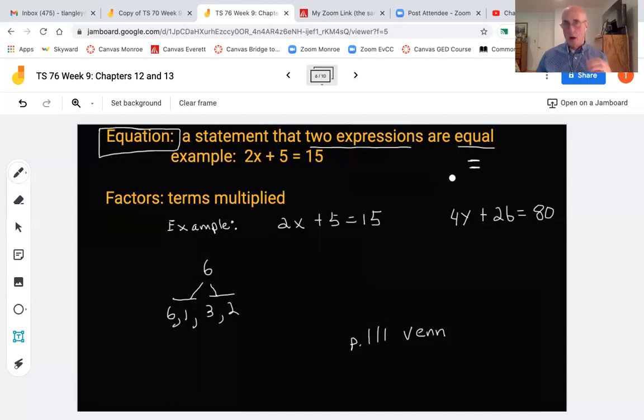It sets a law. When you put that equal sign there, you mean, whatever goes on this left half has to equal exactly whatever is happening on the right half. So the equal sign is actually more powerful than you realized. An example of an equation here is 2x plus 5 equals 15.